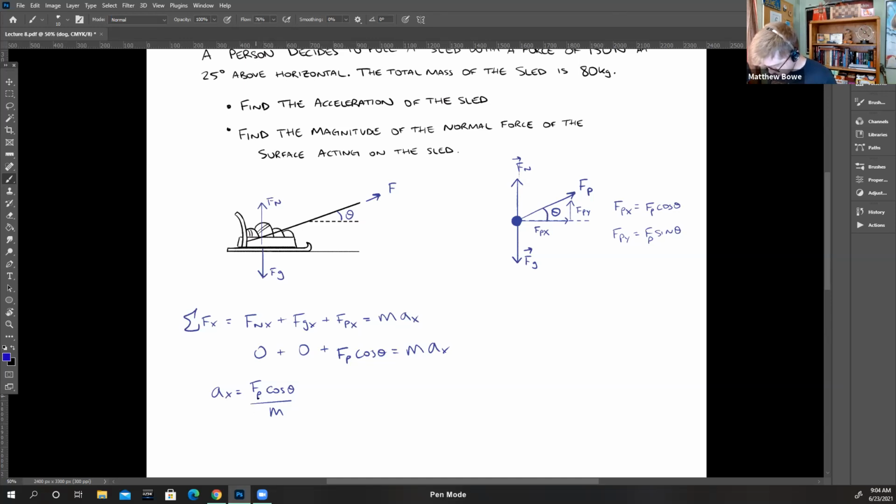So F sub P times cosine theta over the mass